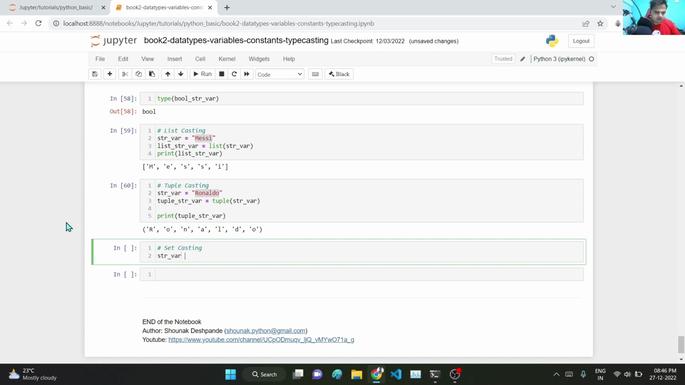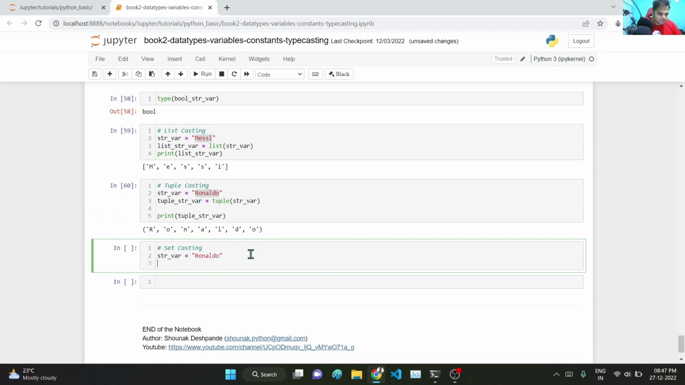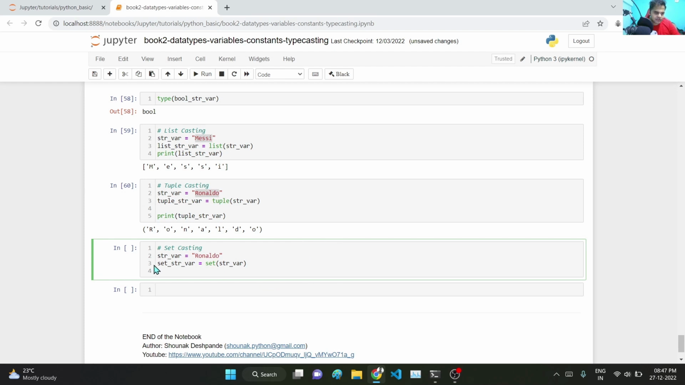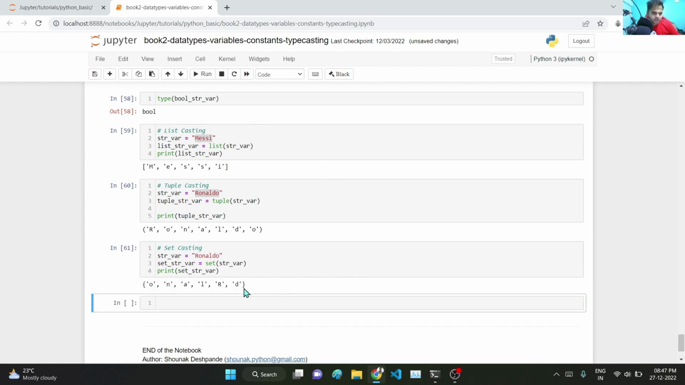So again string var, let us select Ronaldo again. I'm just selecting Ronaldo because his name has more alphabets than Messi. There is no bias that I like Ronaldo or Messi. So if I want to convert it to set, I will say set str var. So this is the name of my variable, and I will pass the name of Ronaldo, that is string variable, inside set round bracket str var. If I print this, this is the set variable, so print set str var, and if I execute this,